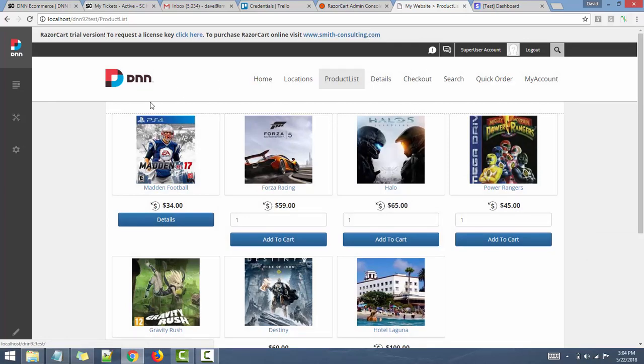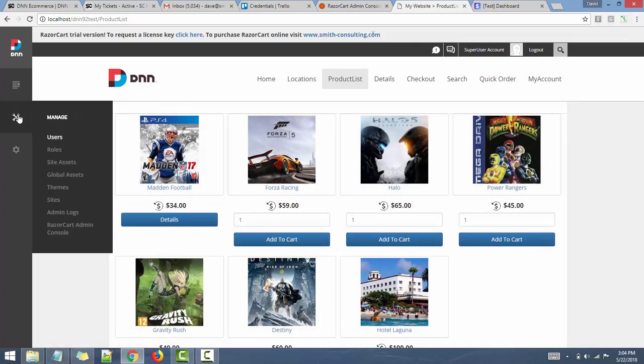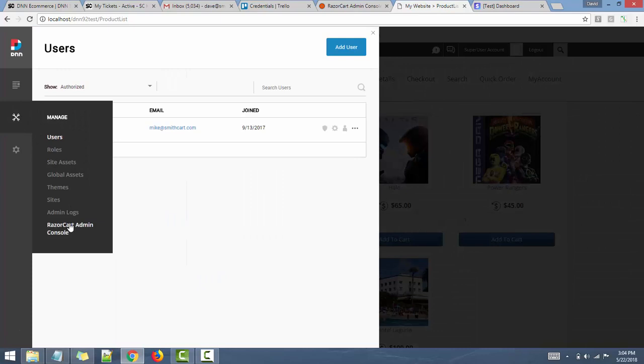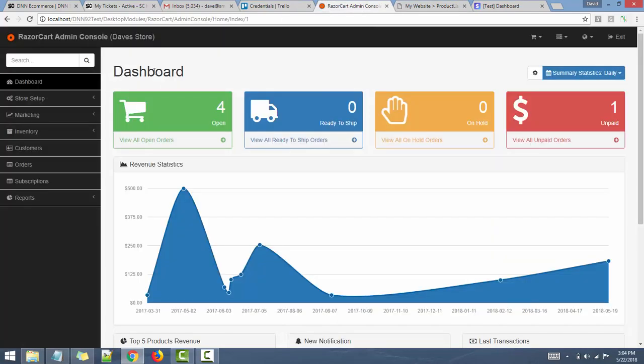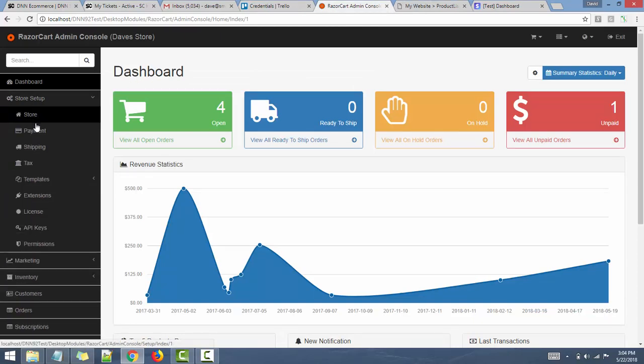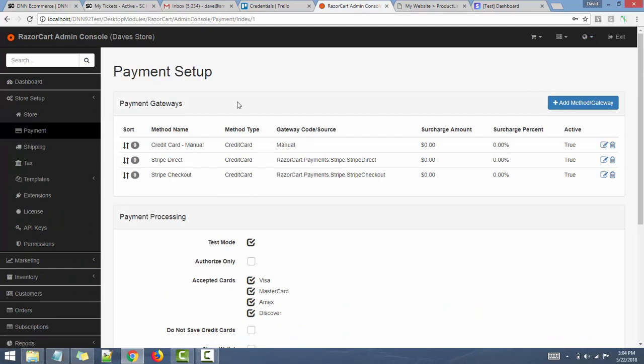Okay, so after you've installed it, you're going to want to go into the RazorCart admin. You access the RazorCart admin this way, select that. I've already got it loaded here. The next step is to set up the payment method, so you're going to go into payment methods, and